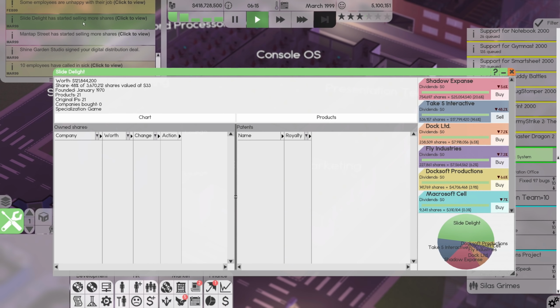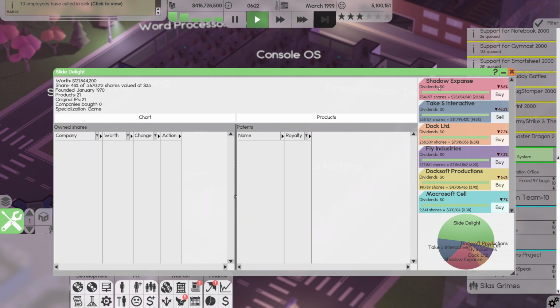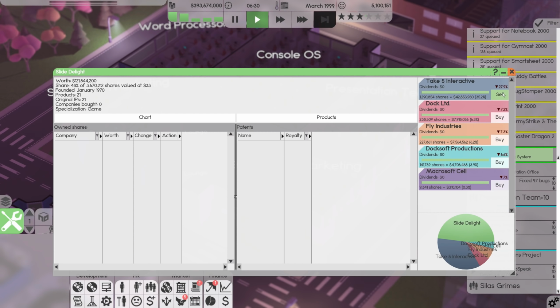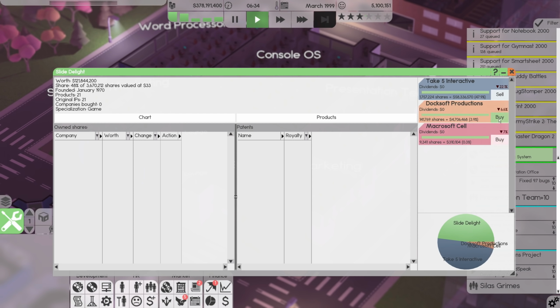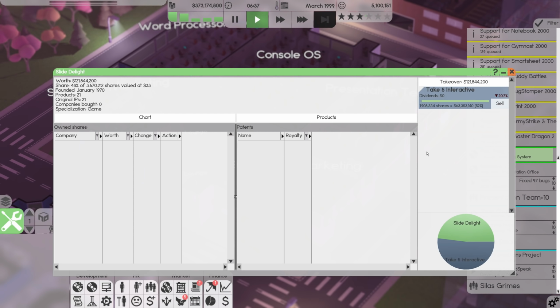Let's have a little look at some of these companies that are selling more shares. So we have 418 million right now. So they own 48% of their own company. Let's buy you guys out. And let's buy all of you as well.